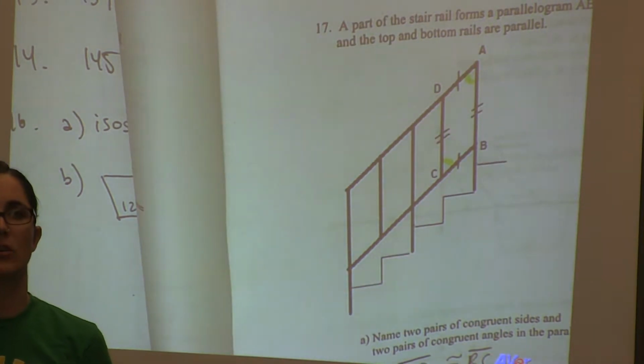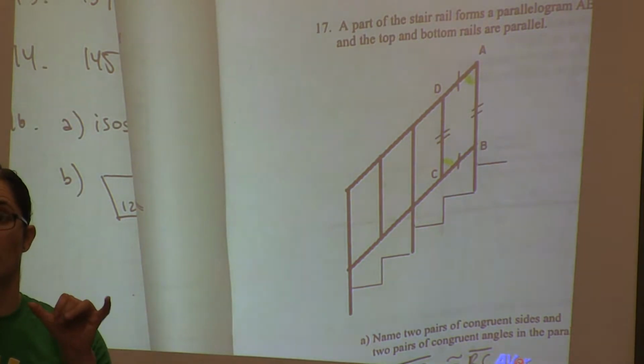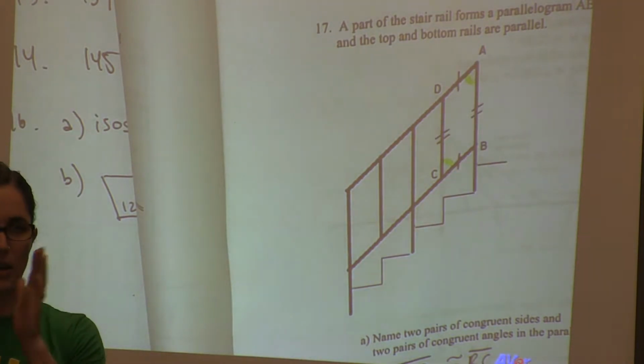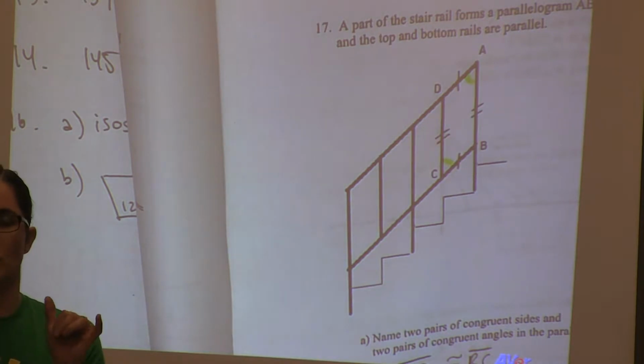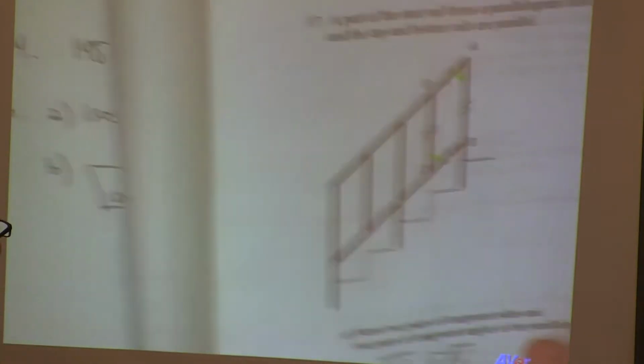Perpendicular means 90 degrees. Bisect means cut in half into 2 equal parts. Perpendicular, 90 degrees. Bisect, 2 equal parts. So that's what you're looking for. On 17,